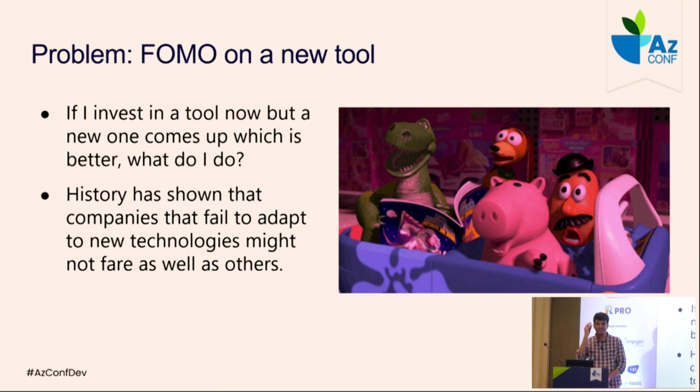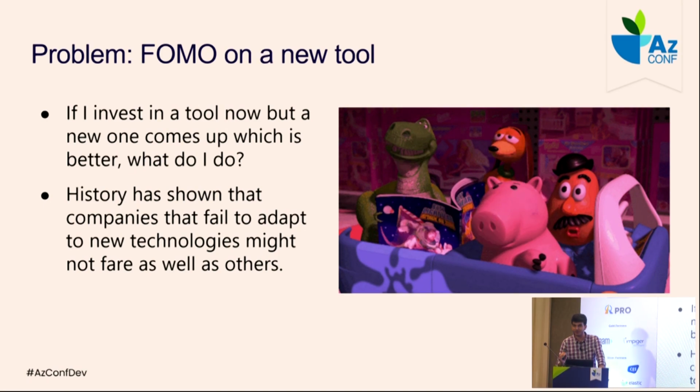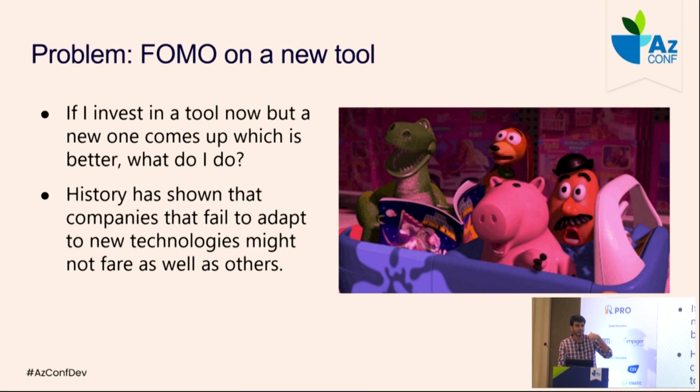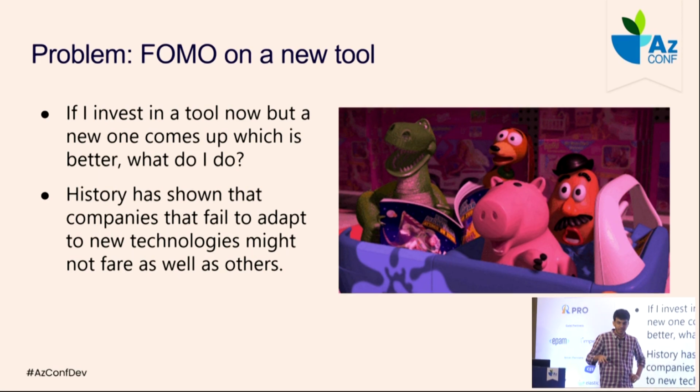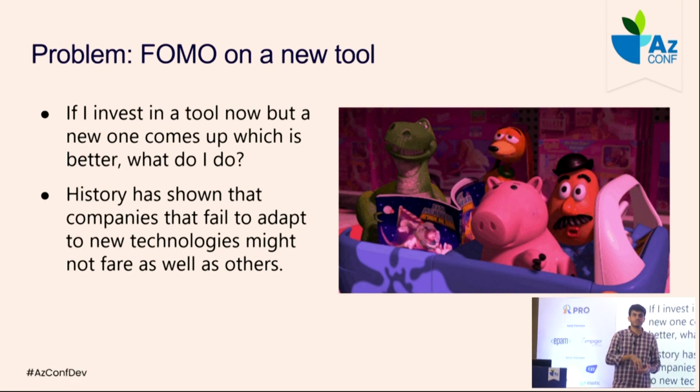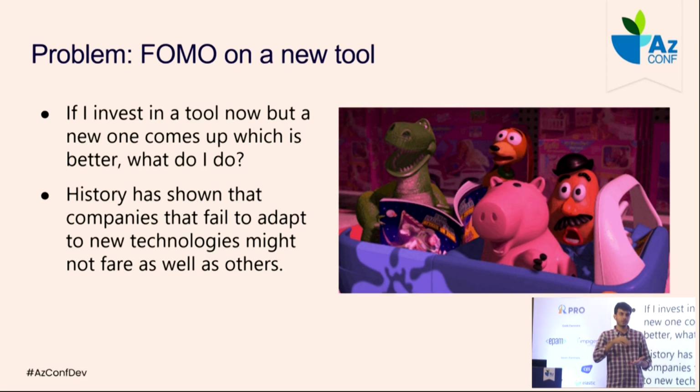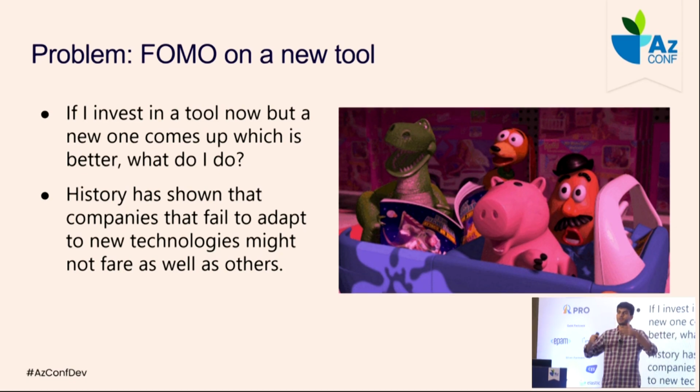So you always have that thing in the background that there might be a fear of missing out on new technologies, right? So that's also one of the other problems on top of the experimentation cost and all the other stuff. So how do you design a solution that helps you lower the cost of experimentation while also allowing you to switch between different tools so that you can cope with your FOMO, right?